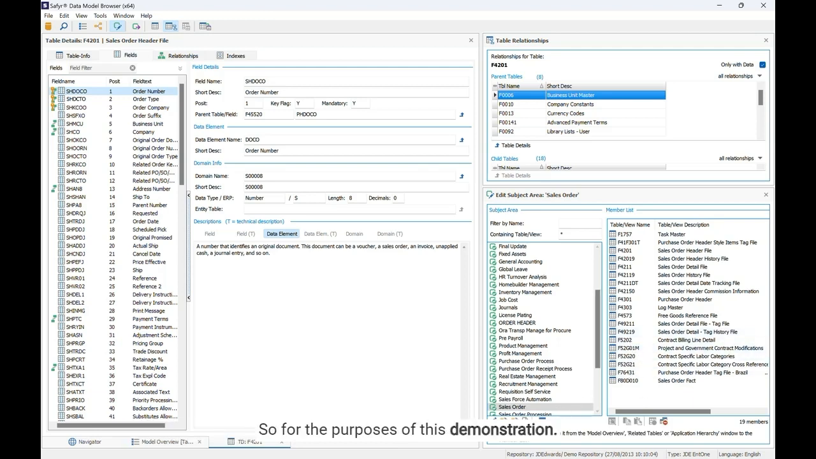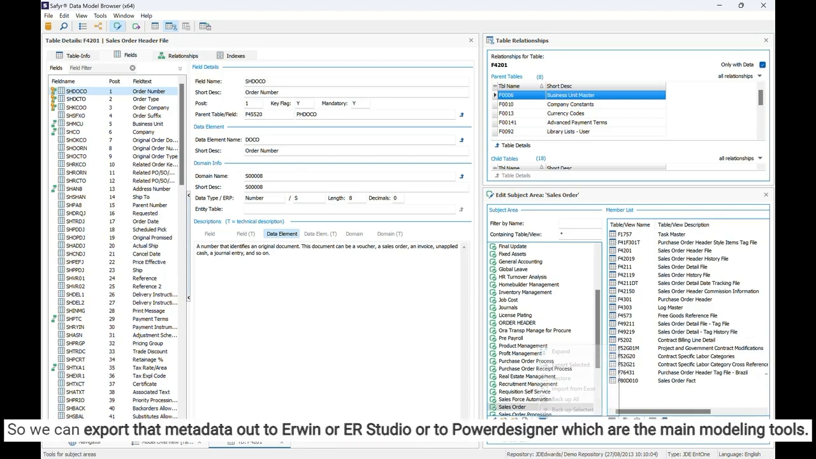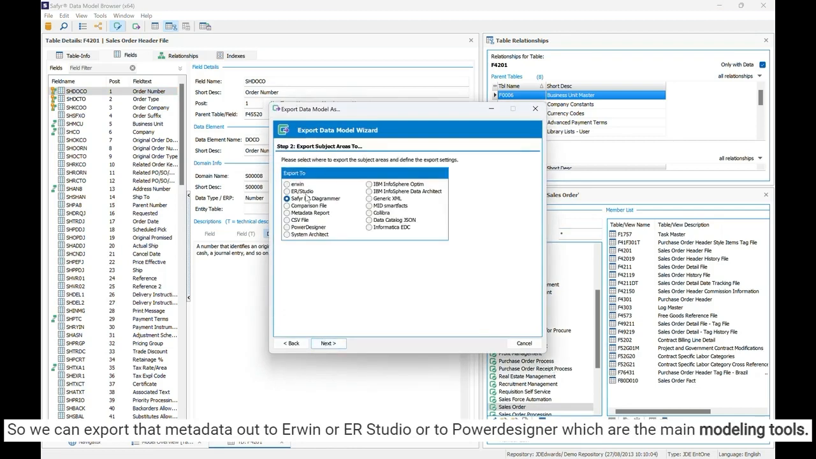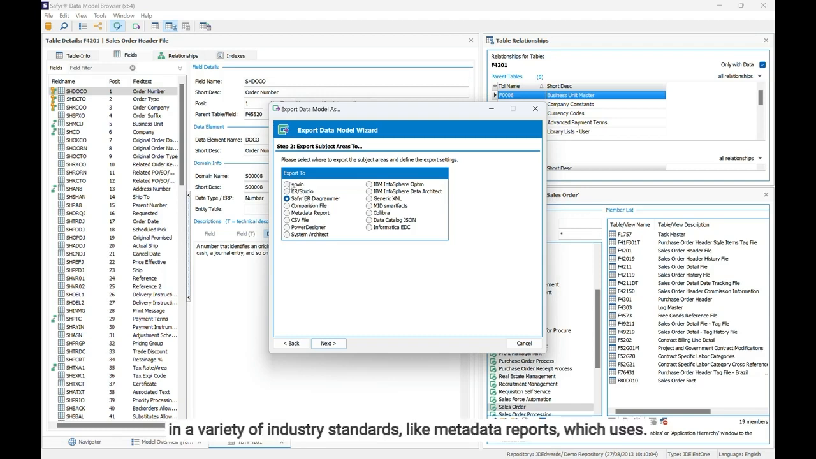I will explain what each of those is. We can export metadata out to Erwin or R Studio or to PowerDesigner, which are some of the main modeling tools. You can export metadata out in a variety of industry standards like metadata reports, which uses Excel, for example. Or you can export the metadata out to data catalog products like Collibra or Informatica. The data catalog JSON file format is used for most other data catalog vendors such as Alation, Precisely, Quest, Zeenea,